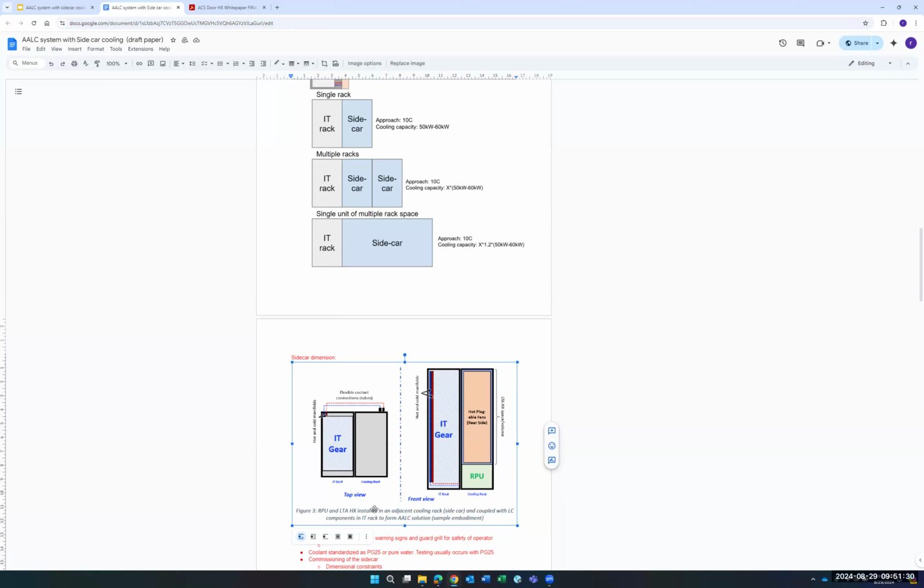In some cases, you can go taller. Yes, you can go a little bit taller, based on how high your power rails are, and how your network rails or the trays that run on the top are placed, and so on and so forth. So there are limitations on how high you can go, because you don't want to be so close to those power rails and network rails. And in terms of depth,